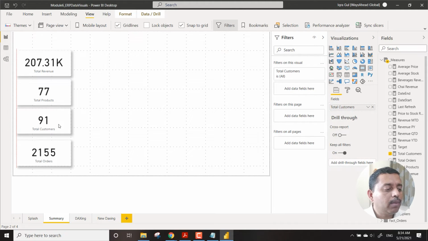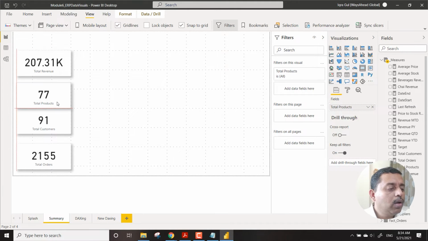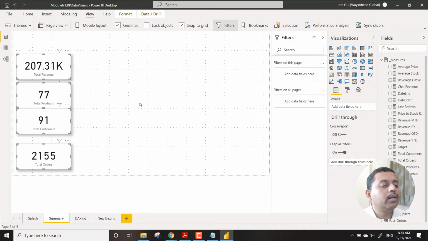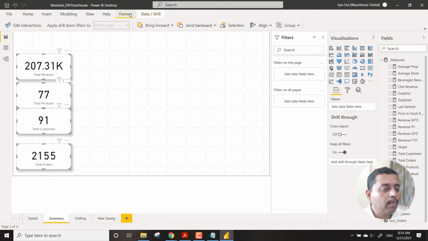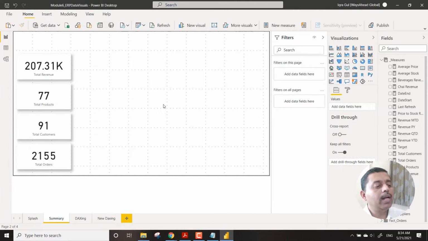Usually you don't have to drag this individually. All you have to do is bring in the first and the last, and then select all of them together and go to format, and there will be an option called align, and you can simply say distribute vertically, and you will see that automatically.